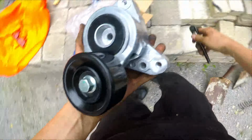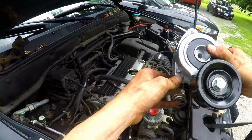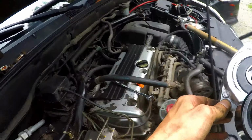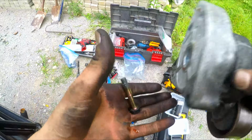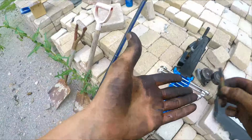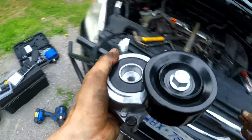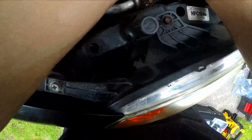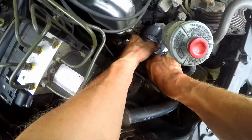So with the motor mount removed, now we grab the new pulley tensioner. There's one bolt there. That's the hard one to get to. As you guys can see, it's very dirty. So next what we're gonna do here is we're just gonna snug down all three of those bolts for this tensioner pulley, and we're gonna do a nice quarter turn, not too tight because it's going into aluminum